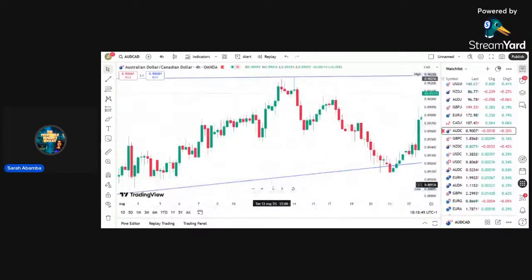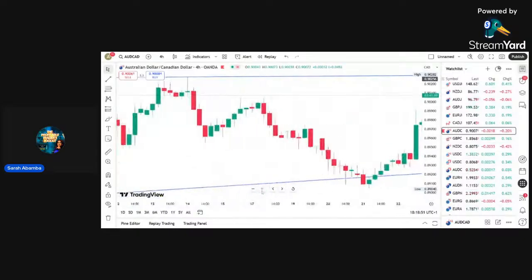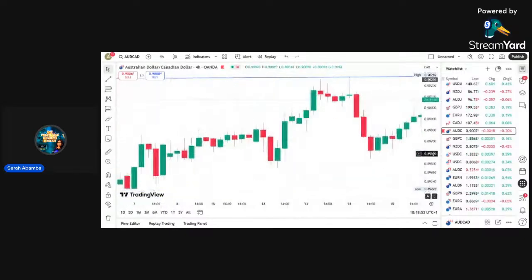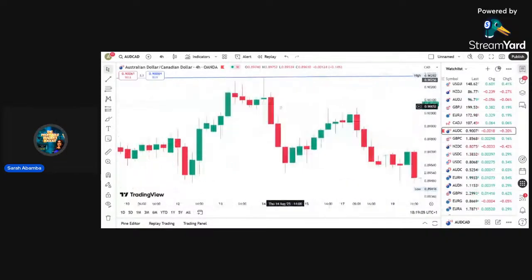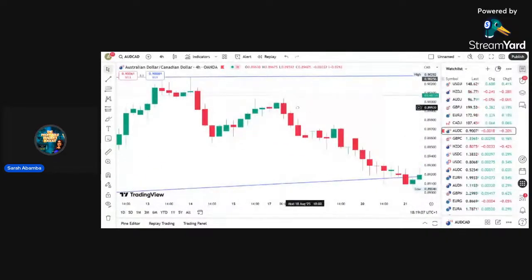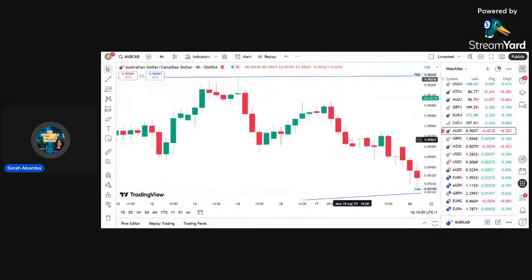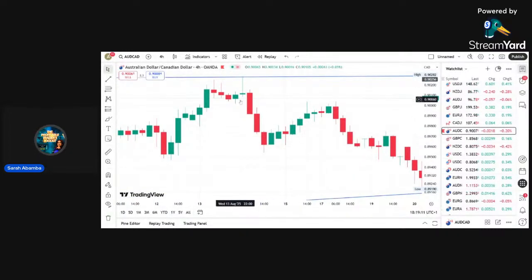Okay, there is one perfect example here. The market was actually going up, in an uptrend, and you see this pin bar that was formed here. This is a very beautiful bearish pin bar, and all of a sudden the market starts coming down. Ideally, what I would do when I see this, like I said before,